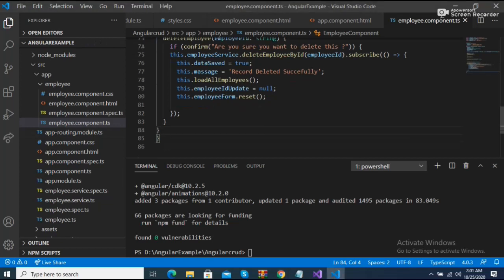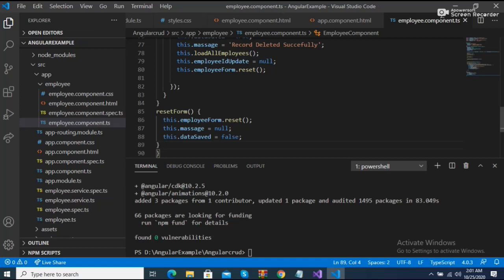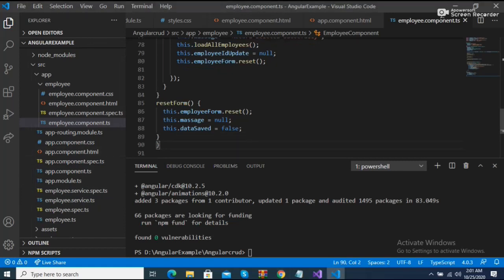So this is the reset form, and I have already defined that. Here you can see this kind of thing. So all kinds of things have been done. So what should we do? We have completed all the code and functionalities for CRUD operations. So before running, first make sure it works, and now let's run the app and see it work. Open the terminal and write the following command to run the program.